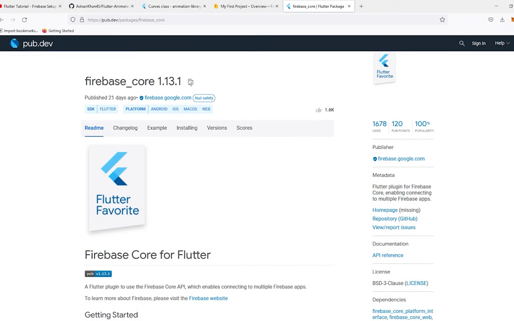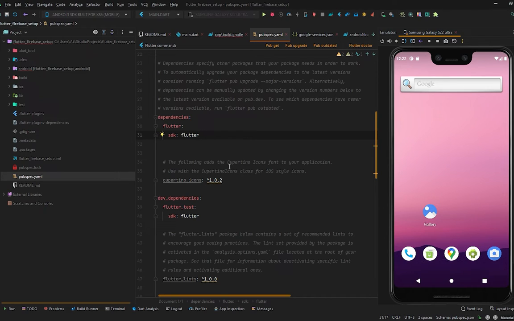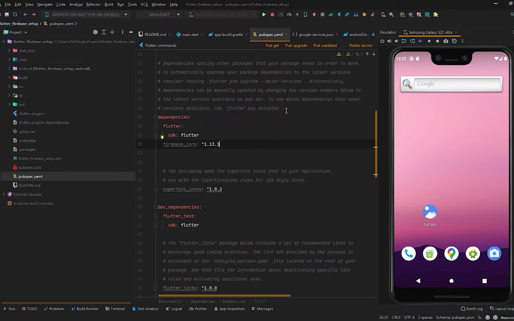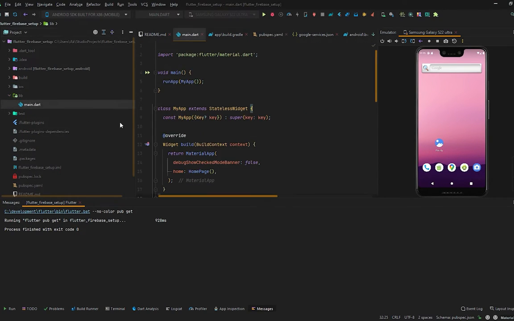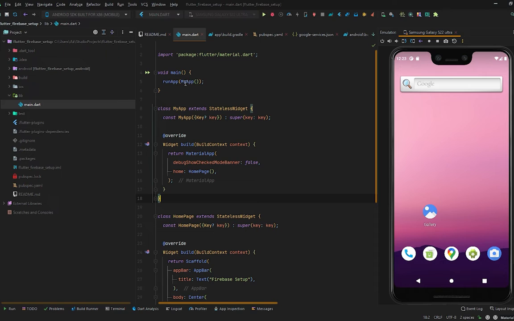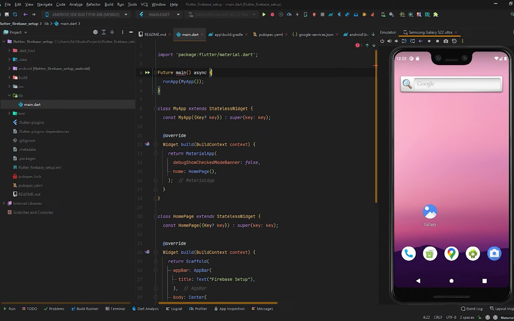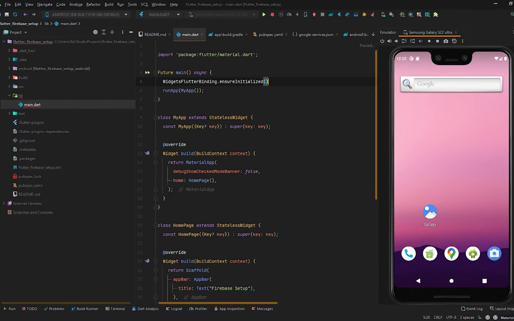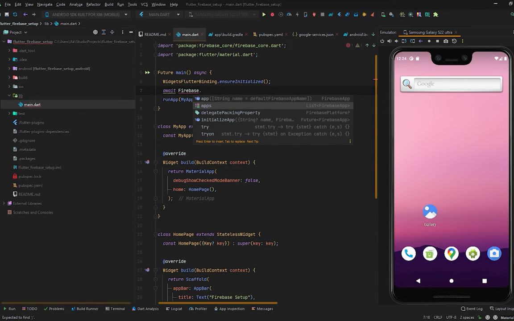After this, you have to go to your browser, copy this firebase_core and go to your pubspec.yaml file. Right after this Flutter SDK, paste your firebase_core and then press pub get. After this is done, let's go to your lib and main file, get these dependencies, and then you have to do some initialization. For this, you have to change the type of this main from void to Future and make it asynchronous. After this, WidgetsFlutterBinding.ensureInitialized, and after this, await Firebase, import this Firebase library, dot initializeApp